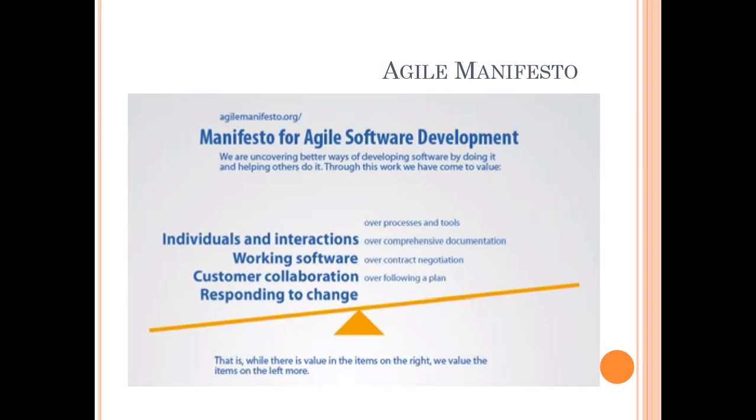Earlier in waterfall, what happened? We tend to define so many processes tightly coupled with certain tools that we have to follow them, we have to go through them, we have to be bound by them. But it creates a lot of unnecessary tasks and unnecessary space where we are less productive, and which doesn't really yield anything good to the customer and the development team as well. Whereas in Agile,